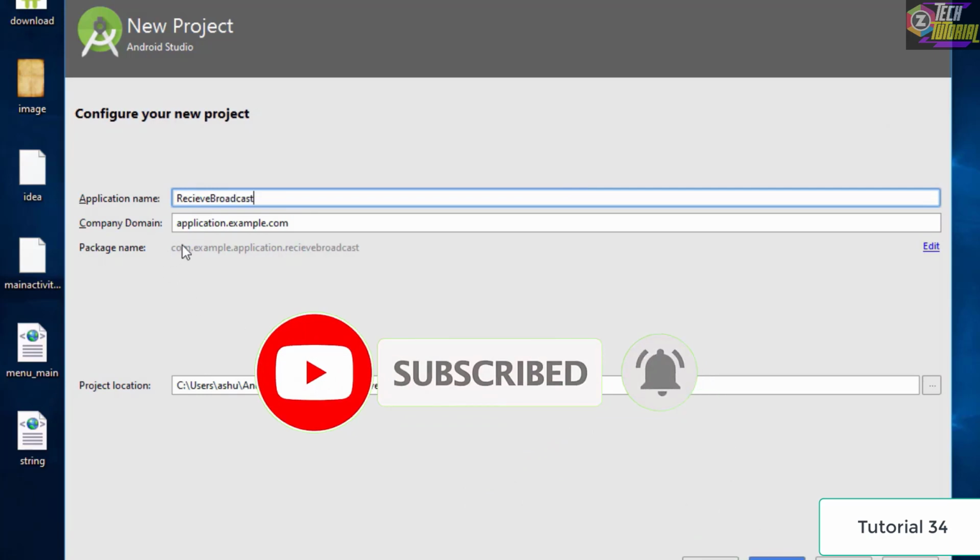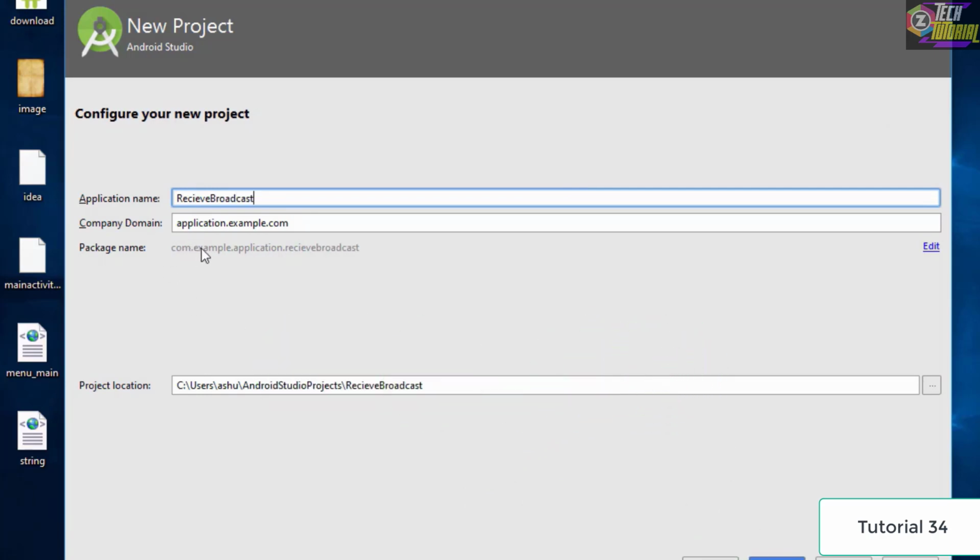As you can see, the package name is going to be com.example.application.receive broadcast. The package name for our first application would be com.example.application.send broadcast. Make sure that you remember this package name, because we are going to use this package name inside our application.